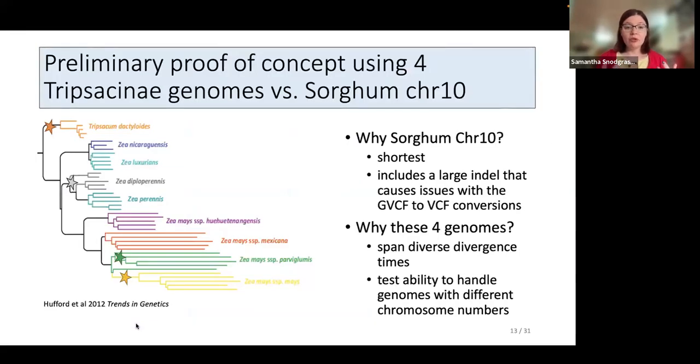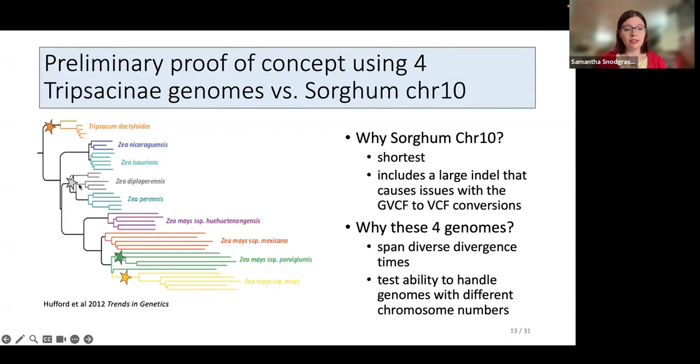So what I'm going to be showing you today in terms of results is a preliminary proof of concept using just 4 of the Tripsacinae genomes versus sorghum chromosome 10. Now you might ask yourself, why chromosome 10? First of all, it's the shortest, so that helps speed things along. But it also includes this large indel that has been known to cause issues with some of the file conversion steps. I chose these 4 genomes here: Tripsacum